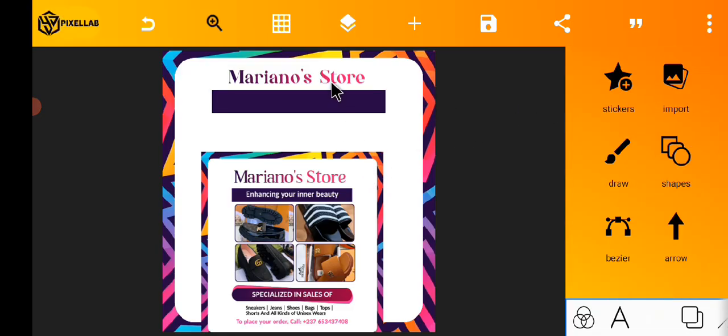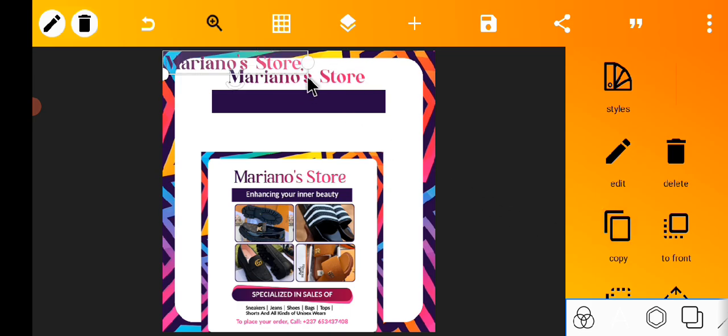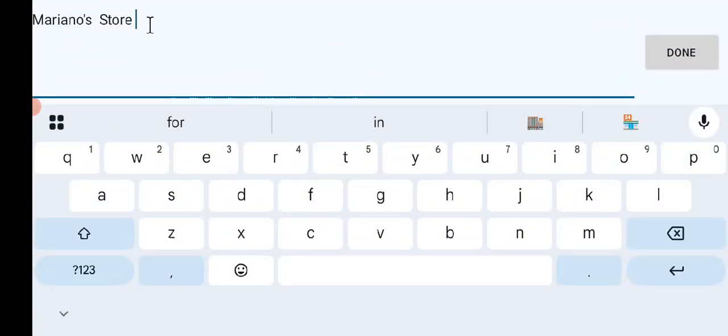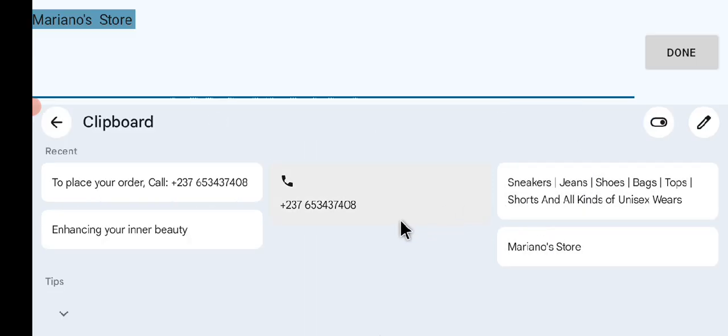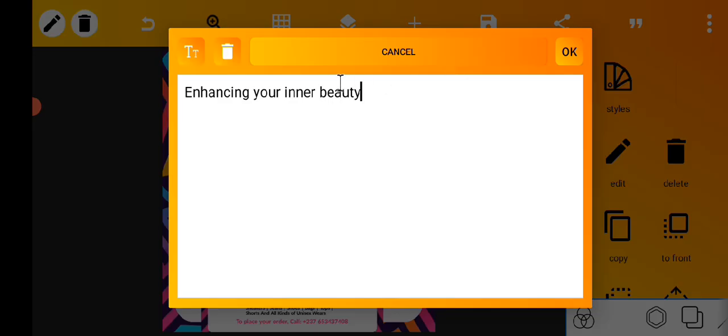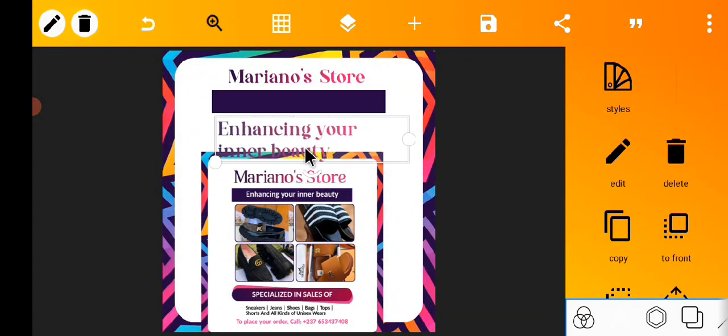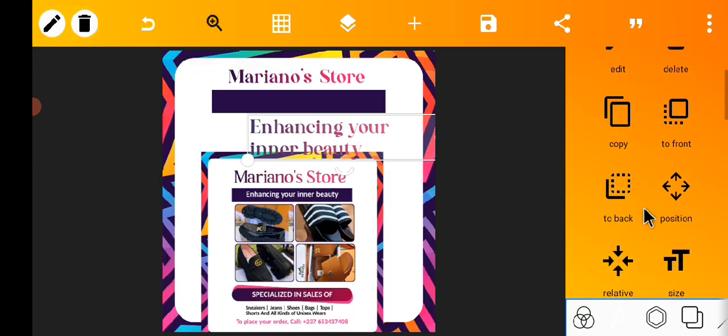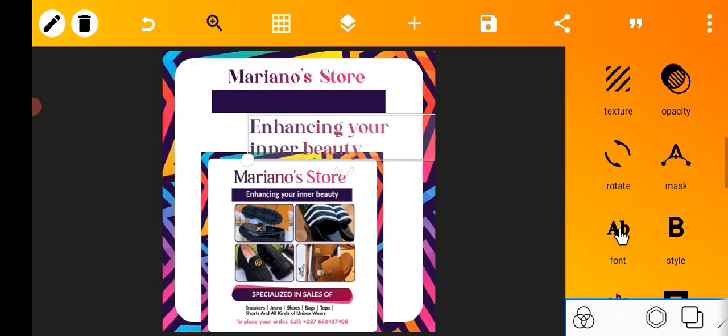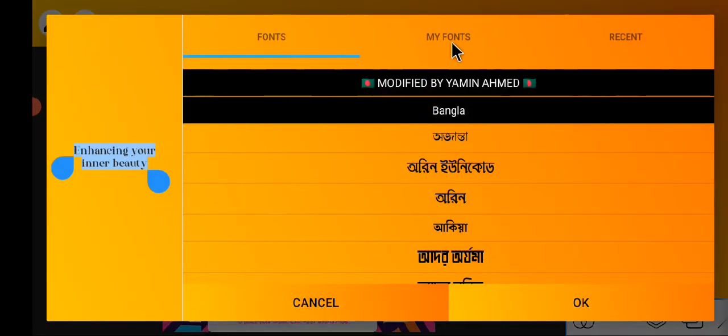I will now just copy the Mariano store text, and now I'll go to edit and put "enhancing your inner beauty." This is actually a footwear flyer, so enhancing your inner beauty. Now the font I use here is not serif. I use a sans serif font, which is